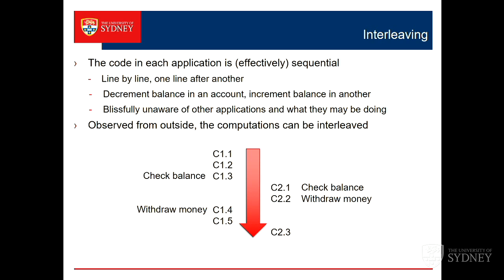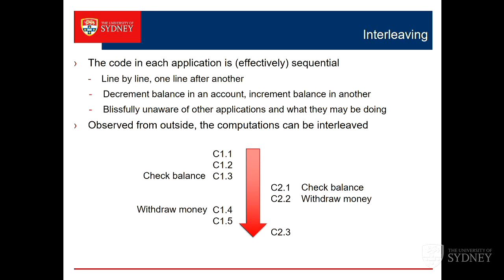In that fraction of a second, C2 comes along and says, oh, I want to take some money out of that account. Oh, there's $100 in there. Cool, I can do that. Okay, take the $100 out. Good, move it off to someone else. I'm finished now. And C1 gets its turn back on the processor and says, oh, good, now I'm going to take the money out of that account. Boom. But the $100 isn't there anymore, it's gone. So all of a sudden, C1 has pushed that account $100 overdrawn. Now, being a sensible financial institution, they're going to charge the customer an overdrawal fee, but that's a different question.